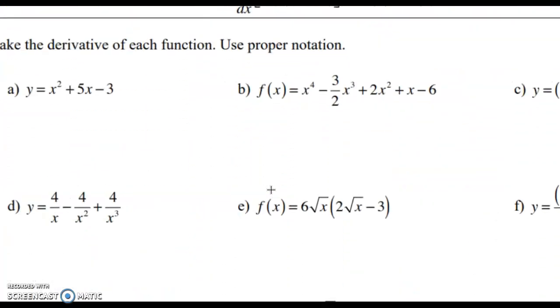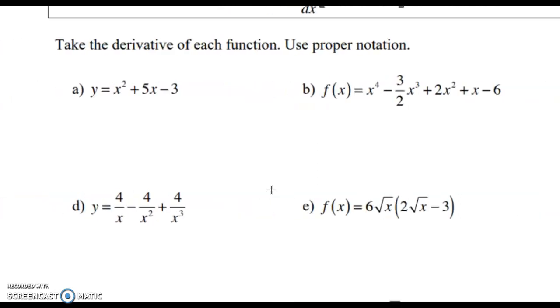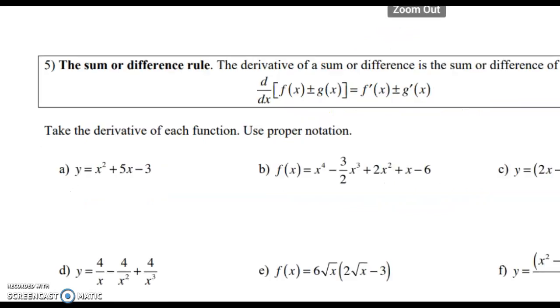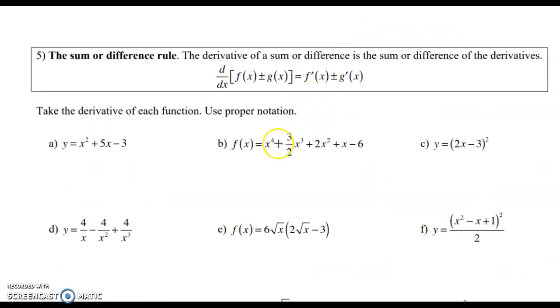Okay, the next section, I'm going to do some of this, and then I know my 15 minutes is going to be up. So this is a sum and difference rule, and it's kind of just like limits. So what this basically says is whether I'm adding or subtracting, I can do each of them separately, okay? This is not true of multiplication. So on part A,